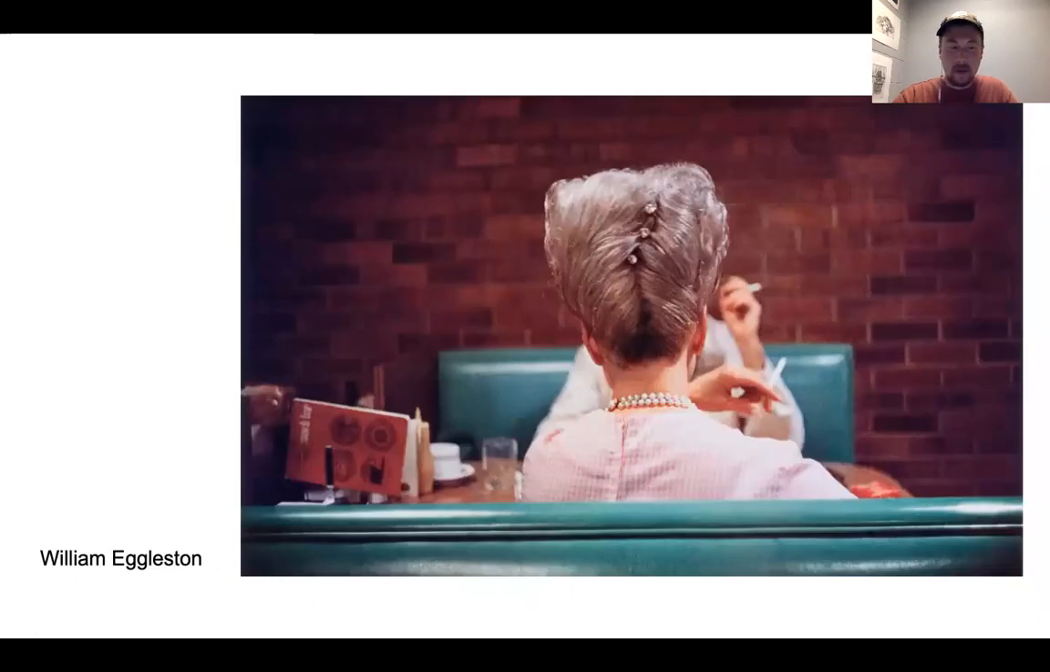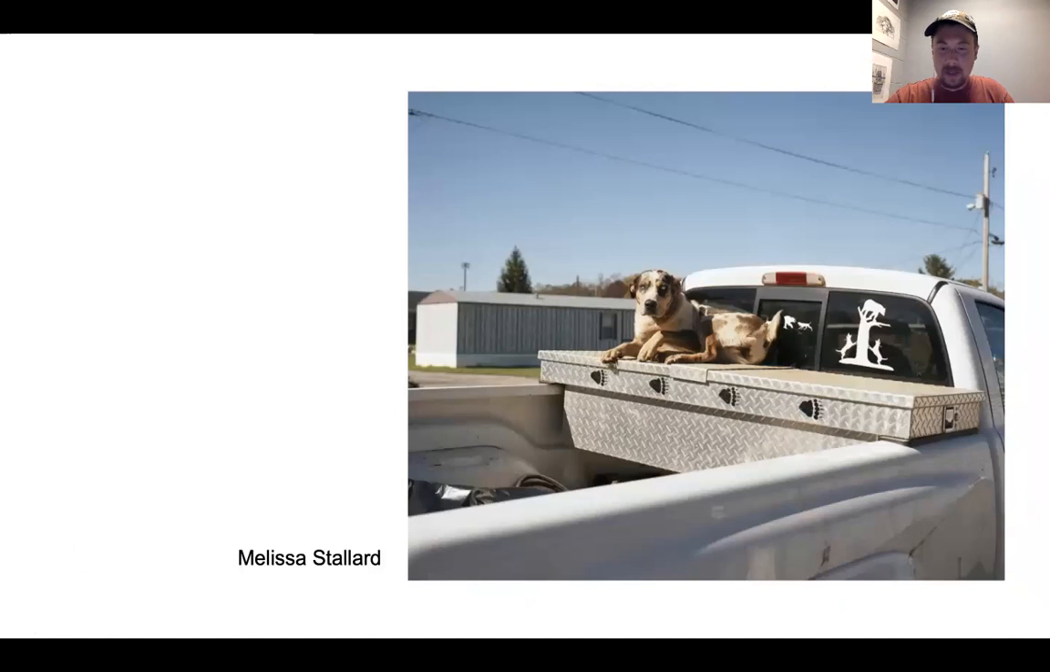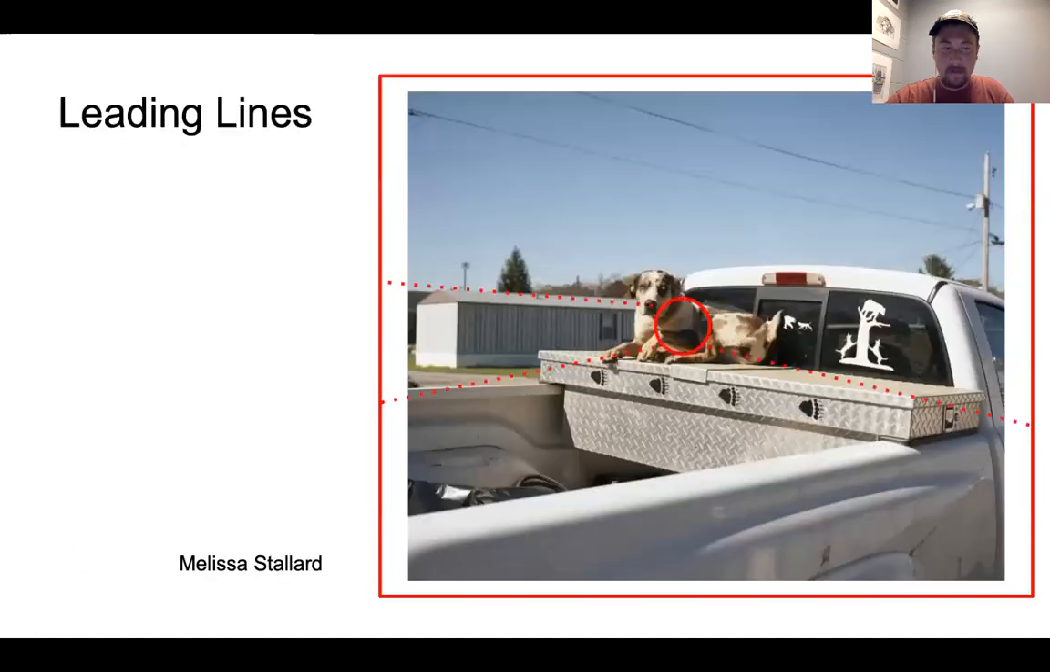Here's another image by William Eggleston, utilizing symmetry with high hair right there. My friend Melissa, what's happening in this? Leading lines. So we have multiple things happening right here that are bringing us to our central subject, which is this dog. And it's symmetrical in a way, but we're utilizing the truck and also these buildings in the background and even the power lines to bring you to your central subject, which is